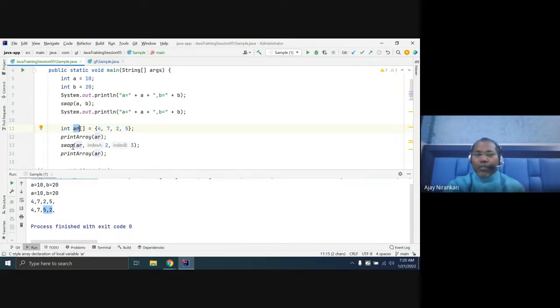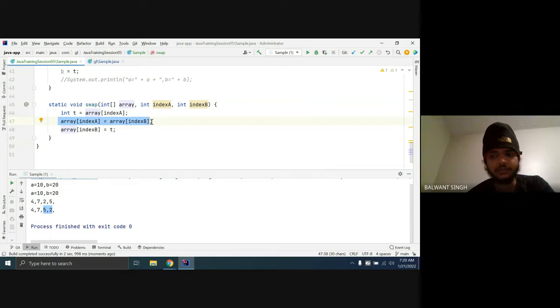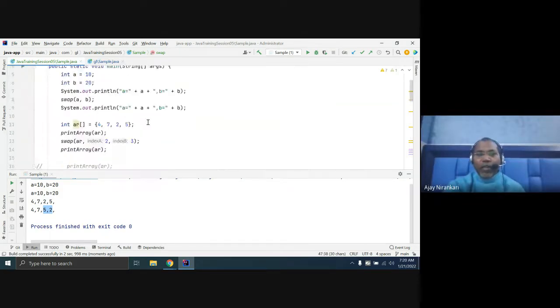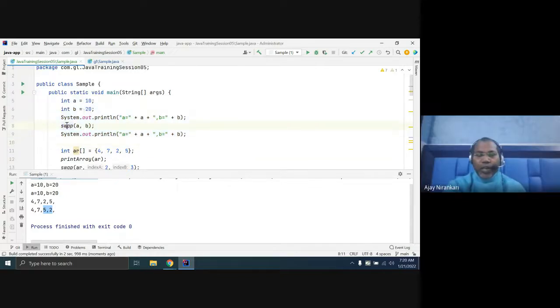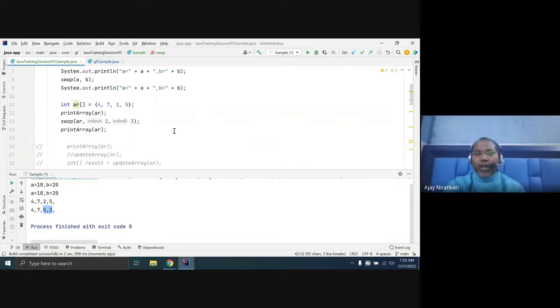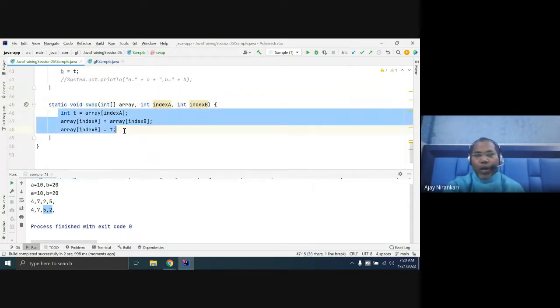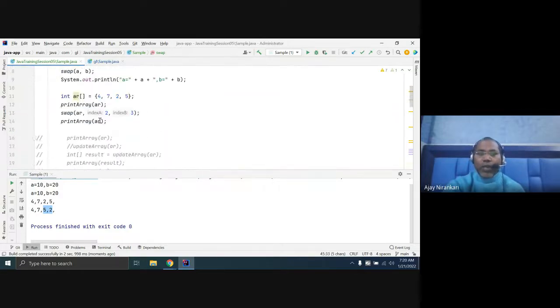Array is changed by this method. In the swap function, you are changing this array, right? Due to that, for primitive data types, you are not getting any change, whatever you are doing. This is only local. Nothing impacts your main method. But in the case of this method, you are changing the input array. This array is accessed by your main method also.